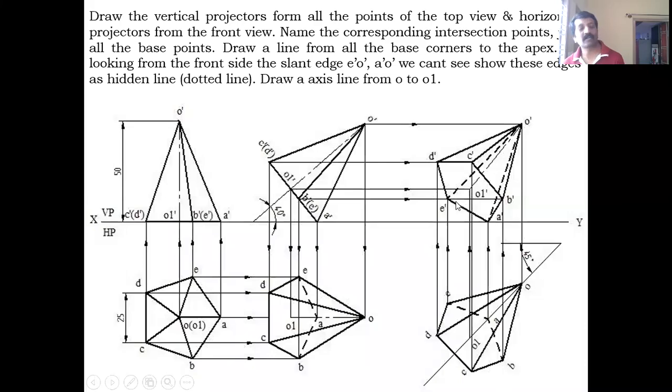So like this, the procedure and concept remain the same. The only thing is I am changing the solid. That's all. In the same similar way, you have to complete this. This completes the orthographic projection of the pentagon pyramid resting on a corner condition which he has given. Okay, this completes the pentagon pyramid. Now we will discuss two examples of the hexagon pyramid also. So let me start the hexagon pyramid.